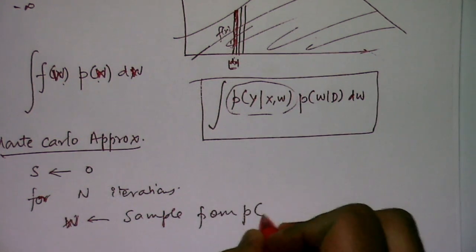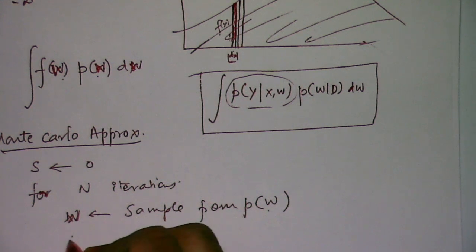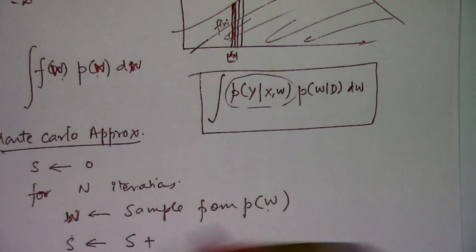So we know how to draw a sample from this. So we draw a sample, and the probability of w will be given by p of w. So you will get more w's around the mode, right? And then s becomes s plus